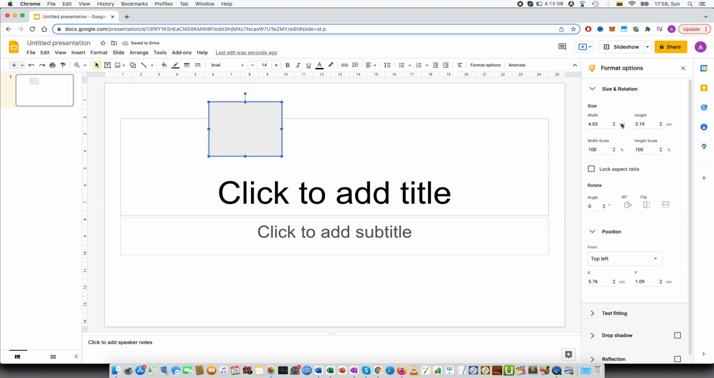However, the units will change to centimeters, as you can see right here, and you can see that the number has changed as well. But you need to deselect the object and select it again after changing the